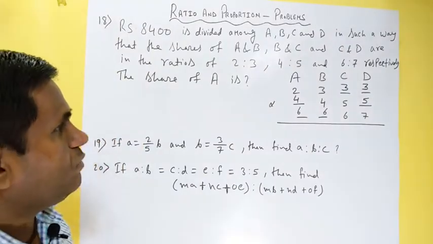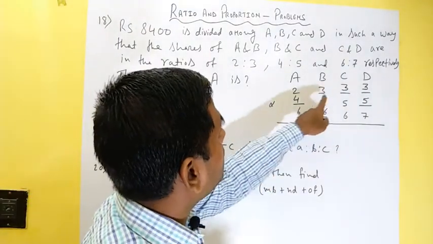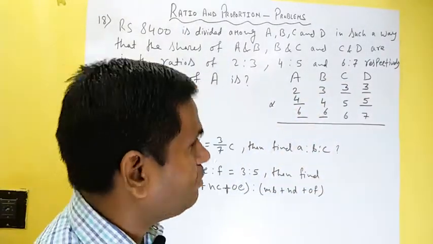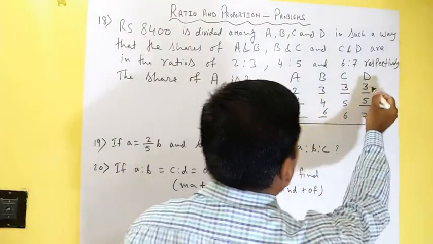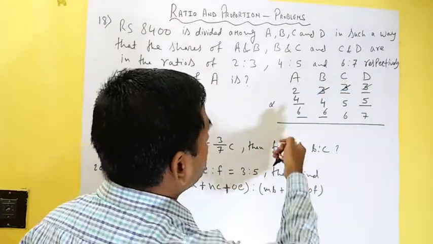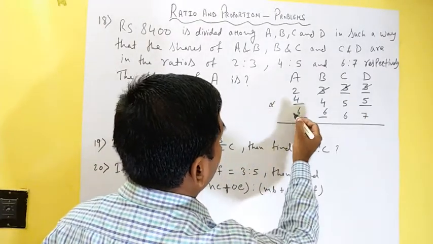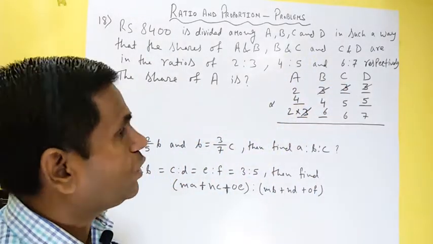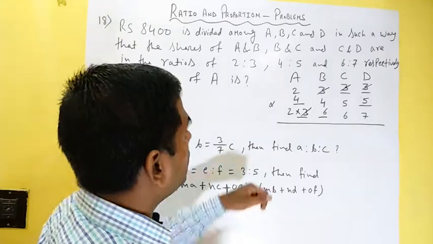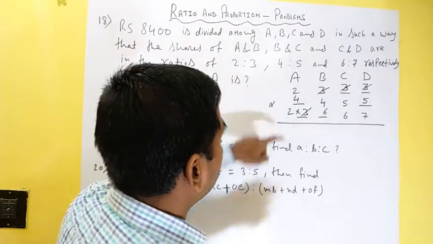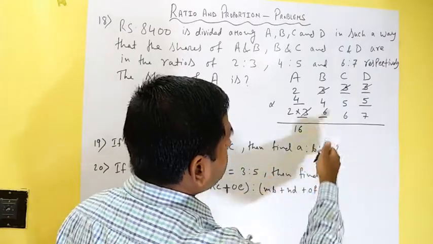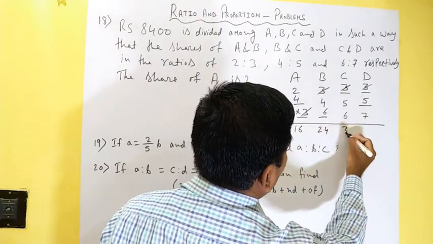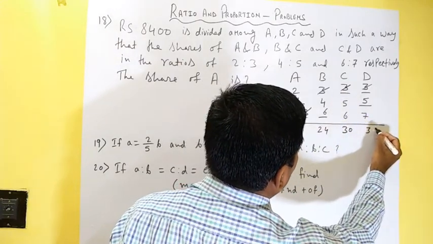Now I can see we can make it simpler, as 3 is available in all the columns, so we can cancel it off. That will make our sum easier. So I'm going to cancel 3, 3, 3. Now where is the 3 in this column? 6 can be written as 2 into 3, right? So this 3 is cancelled. This became a little easier. So we'll multiply here: 4 2s are 8, 8 2s are 16. Now here 6 4s are 24, 5 6s are 30, and 7 5s are 35.